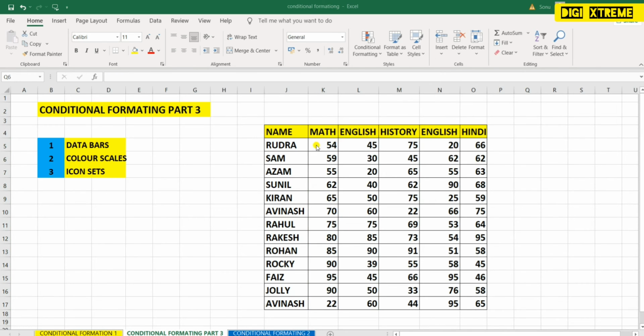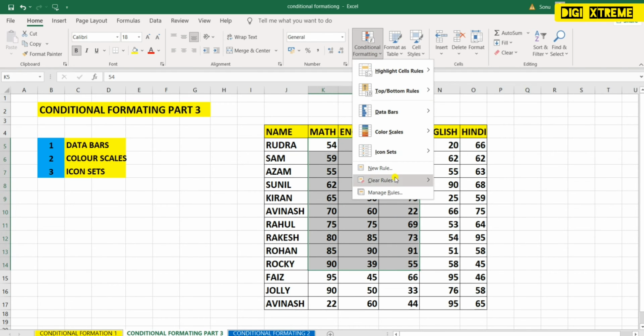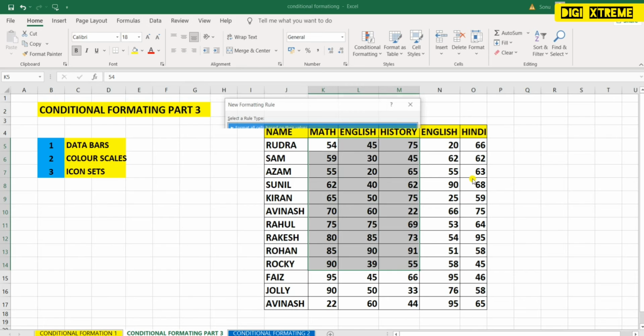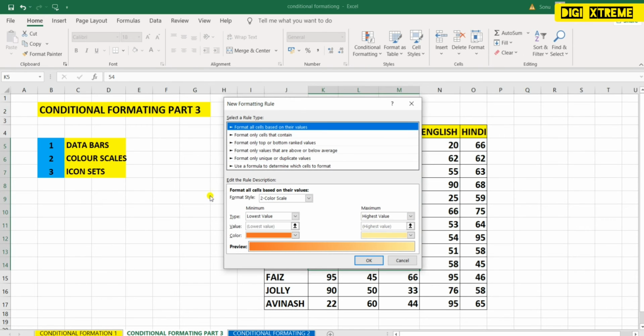I want to show you one more thing which I forgot to mention. I have selected this range, and as I told you, you can customize your color, but here there are three options. You can change according to your format style. You can see here 2 color scale, 3 color scale.